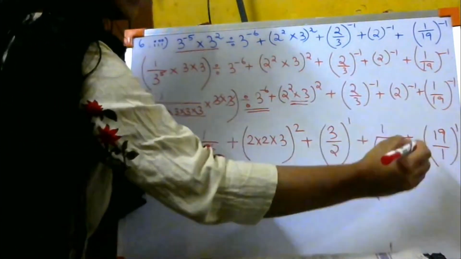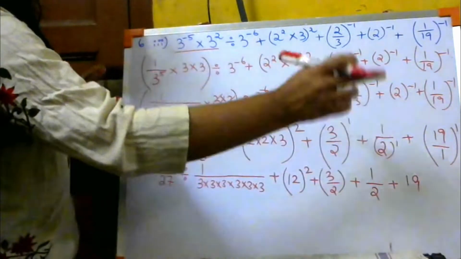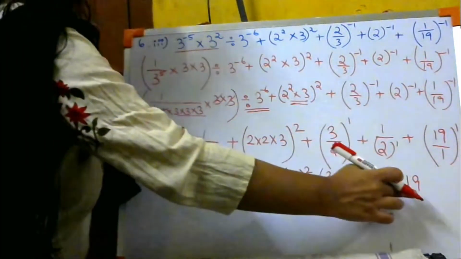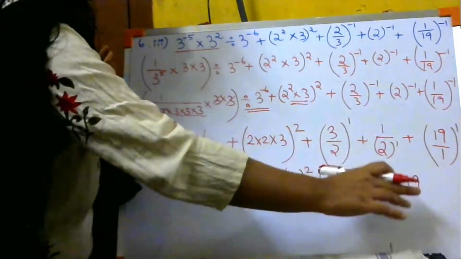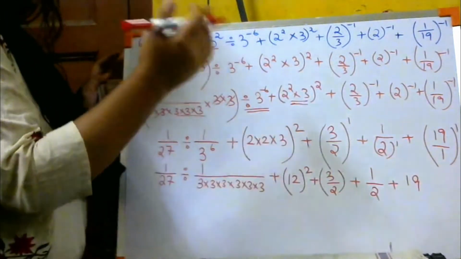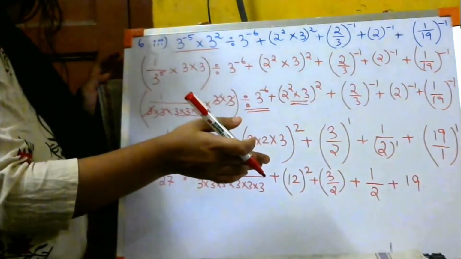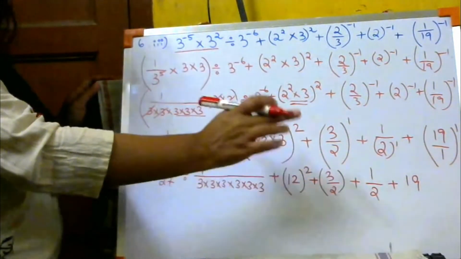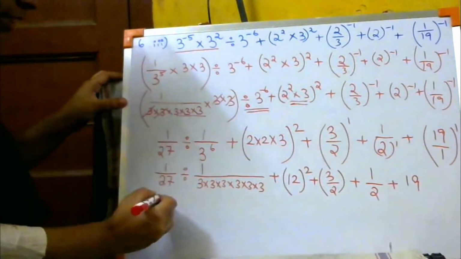Plus लास्ट में यहाँ पे है 19. 19 by 1 to the power 1 मतलब सिर्फ 19. 19 by 1 लिखने की जरूरत नहीं है. नीचे कुछ नहीं लिखना मतलब it is divided by 1. Till now you have done maths till class 8. So now I hope you people understand. Nothing written below 19 means it is 1. Clear? Now let us solve over here.